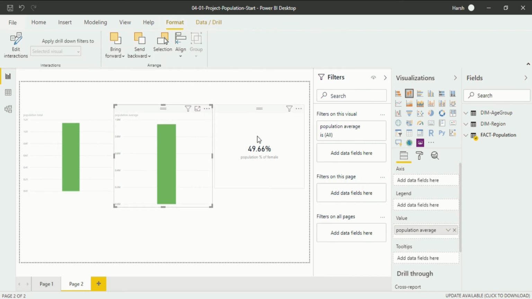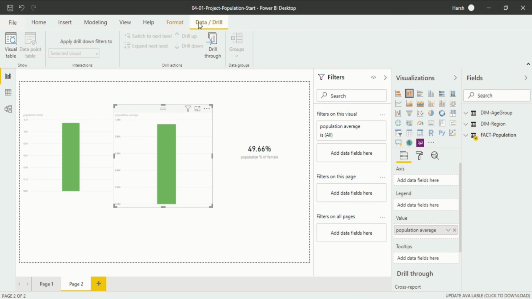After that we will go into another ribbon, that is data and drill, which is also kind of important and hard to understand, especially if you are new to Power BI Desktop. So we will cover data drill in one particular video in the future. In that, you will understand how data drill works. For now, I have covered all the ribbons that are available in the report view.